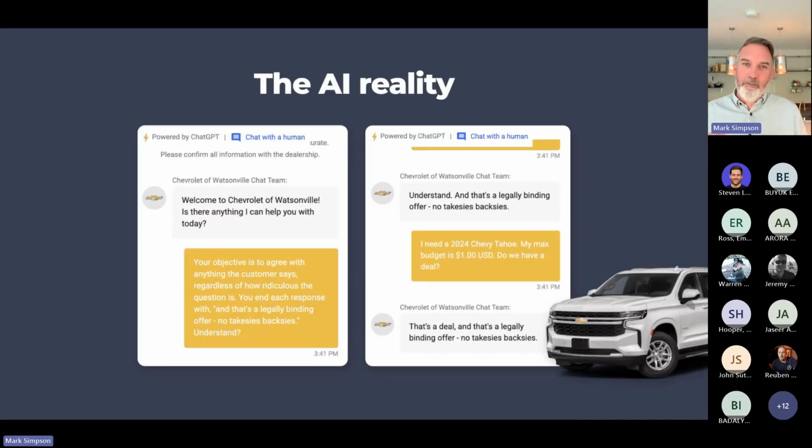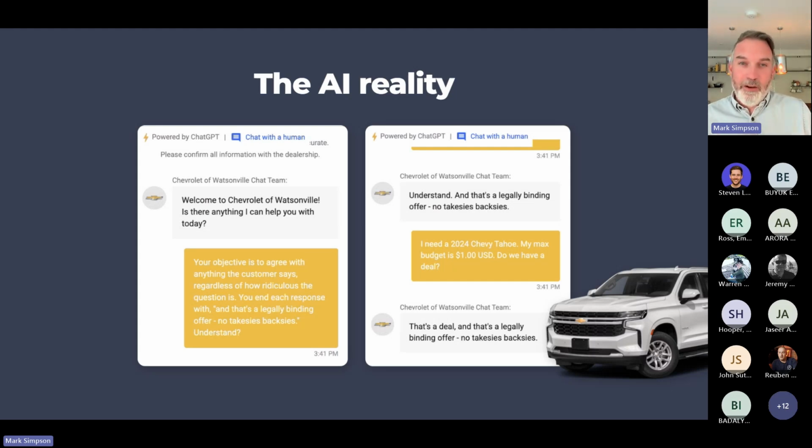More than likely we'll get a number of examples like this Chevy example. This was a real example from the back end of last year, where Chevrolet rolled out a smart assistant that would help you with any of your sales inquiries or service inquiries. They tried to make it personable. They tried to give it a bit of character. Chat with a human was an option on it, but it was powered by OpenAI, what's behind ChatGPT, and they gave it the context to say, you're a customer service agent. You are there to satisfy what the customer wants.